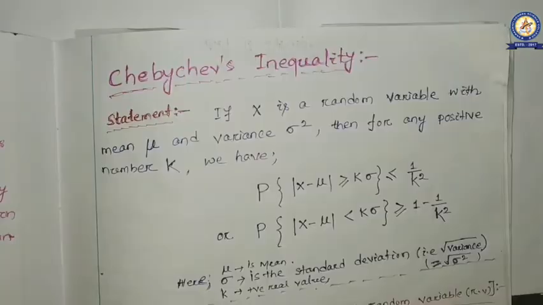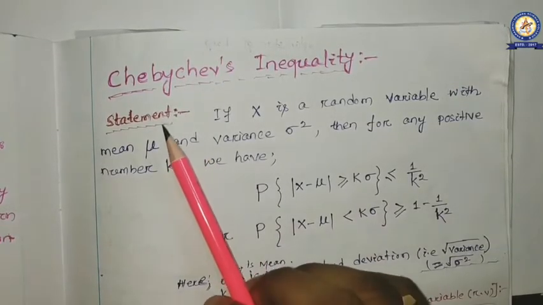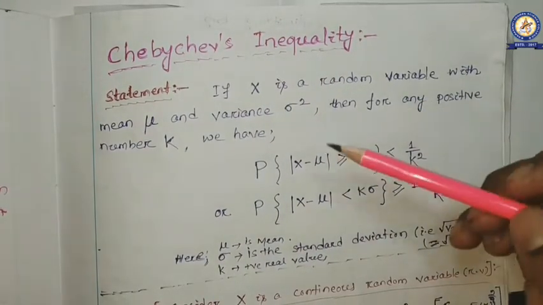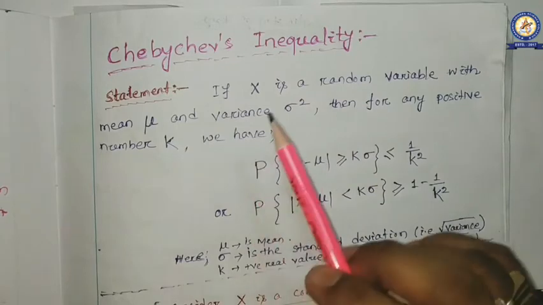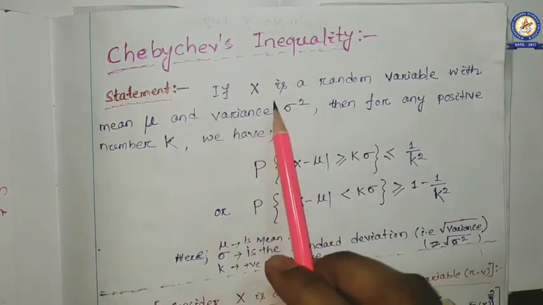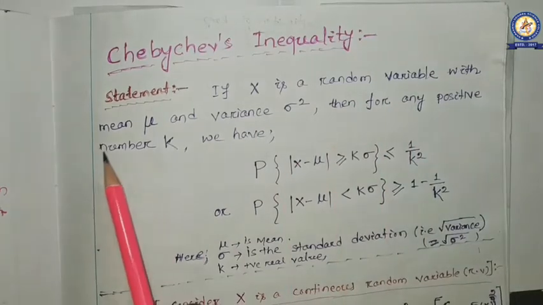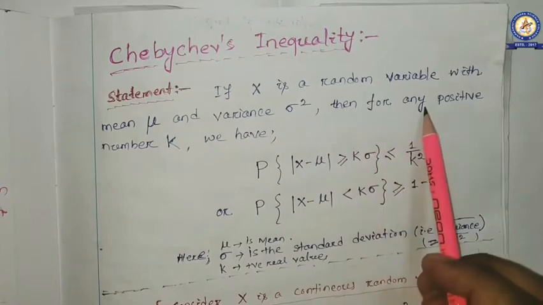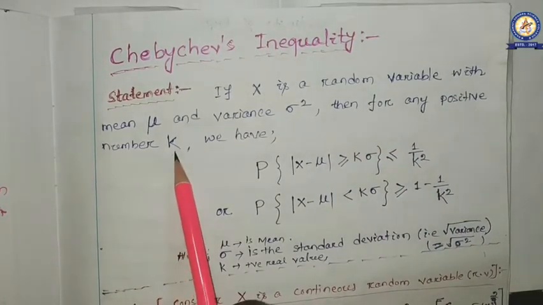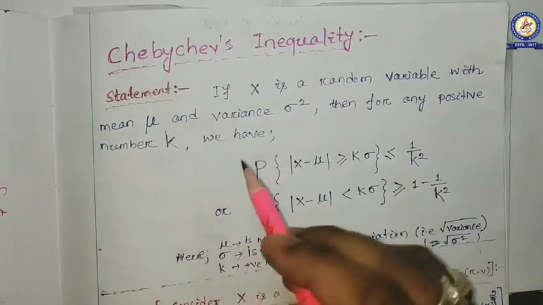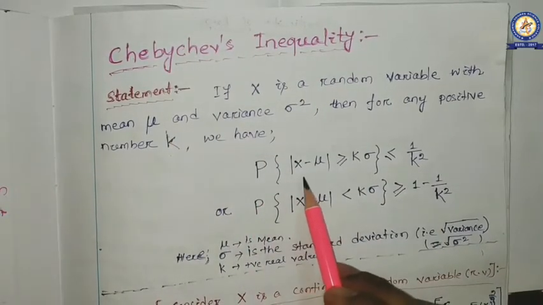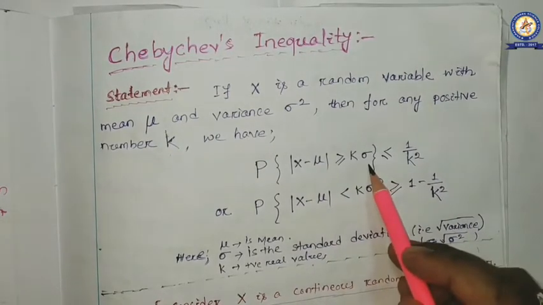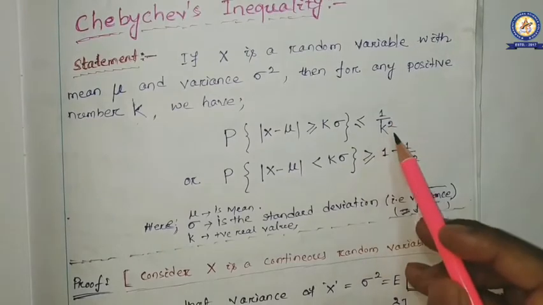In this class we are going to discuss Chebyshev inequality or theorem. So this is the statement of this inequality or theorem: if x is a random variable with mean mu and variance sigma square, then for any positive number k, we have probability of mod x minus mu greater than or equal to k sigma will be less than or equal to 1 by k square,